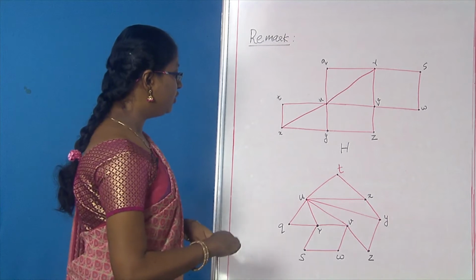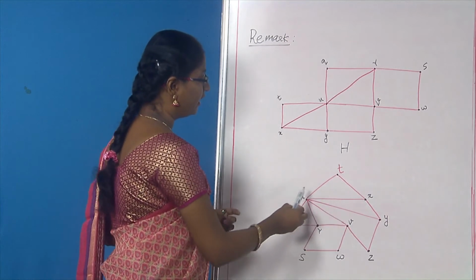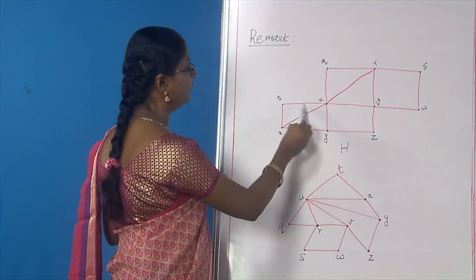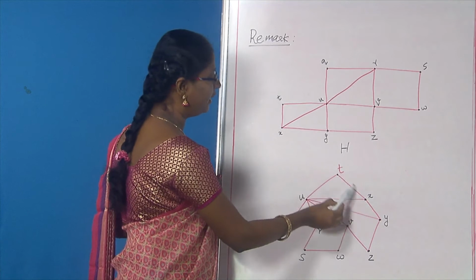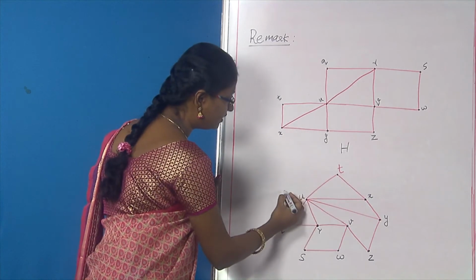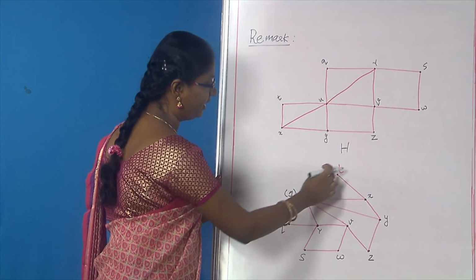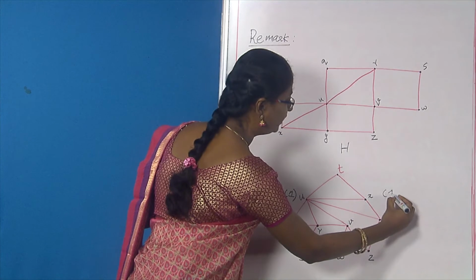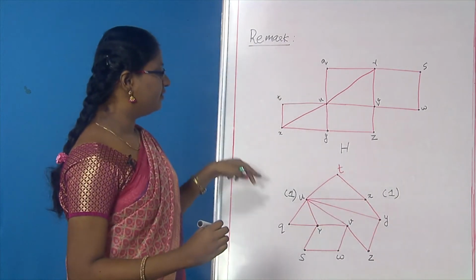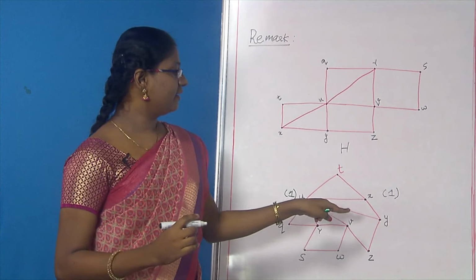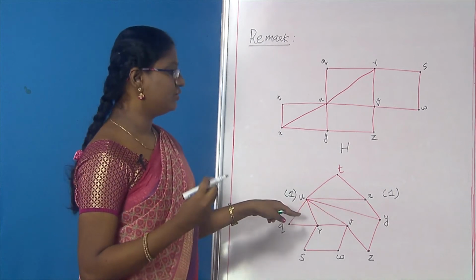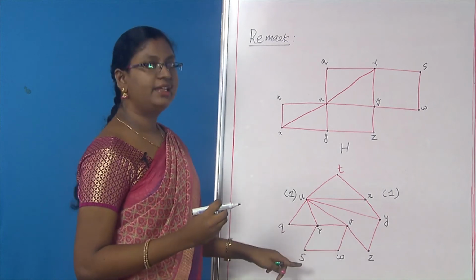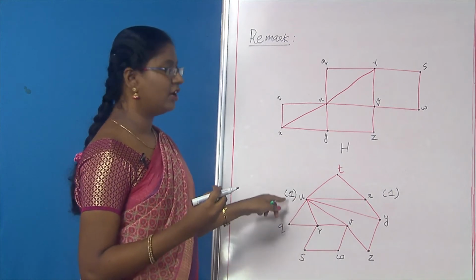So, here you consider u and x, and if you consider the distance from T to u, that is 1, and the distance from T to x is also 1. So, d of T comma u is 1, as well as d of T comma x is also 1. So, in the first level I collected the vertices whose distance is 1. Coming to the second level, that is q, r, v, y, you can guess the distance will be higher than the one that we already considered.